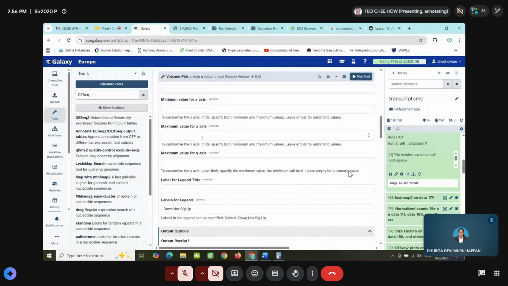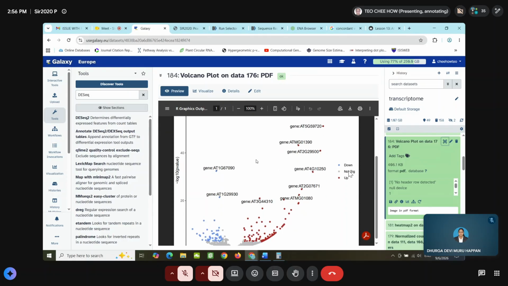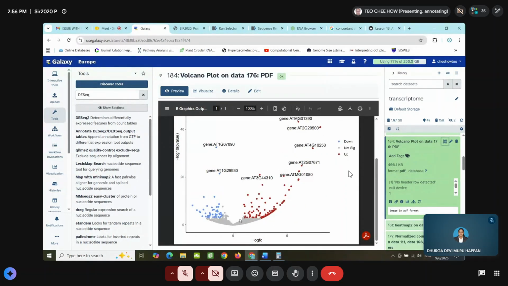So maximum value, right? And minimum value for the... So let's see, because when you plot, right, you can choose to plot the minus log 10 of p-value, right? Or p-adjust value minus log 10.